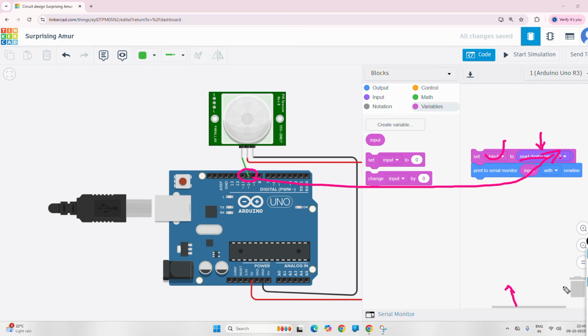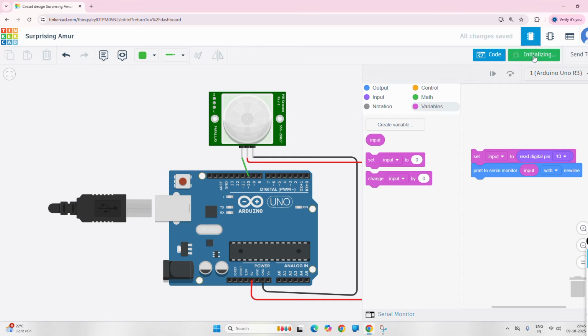Okay, once the block is ready, now simply click on start simulation. Okay, now we will start the simulation. Click on start simulation. See, once we click on start simulation, it is going to be enabled, and you can observe here,